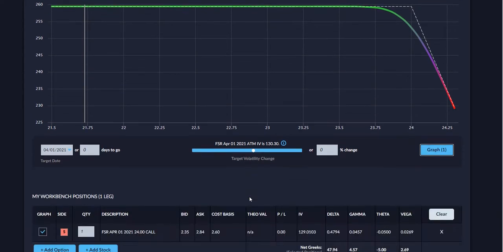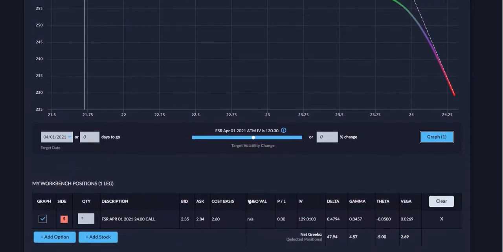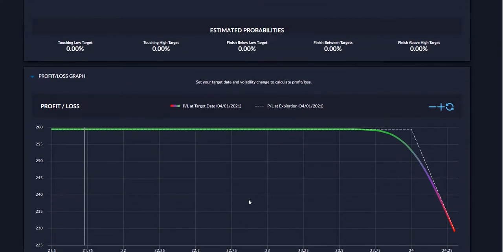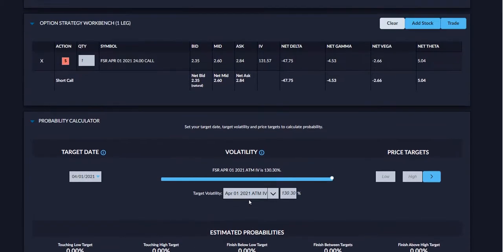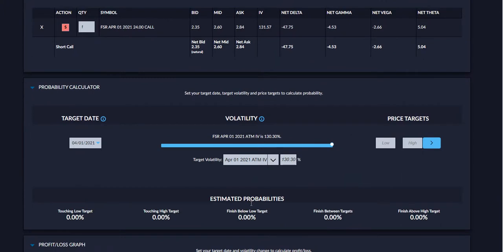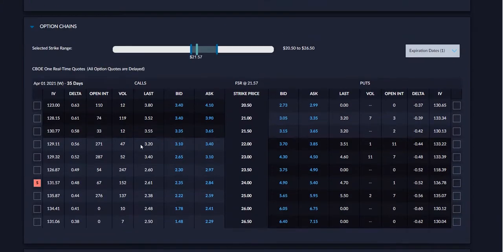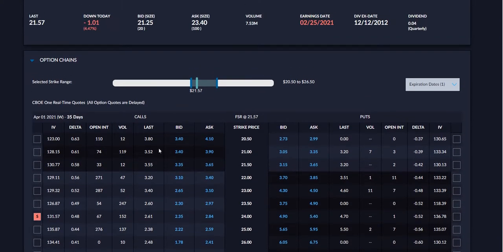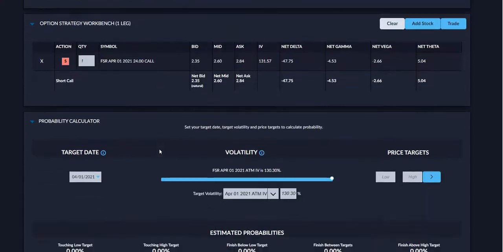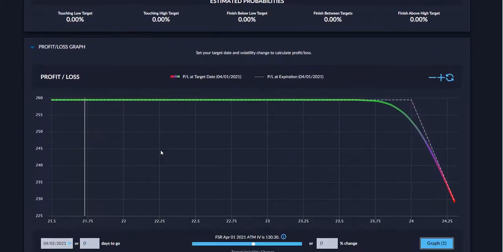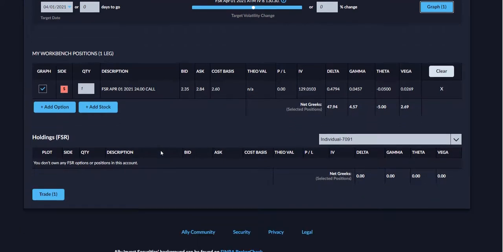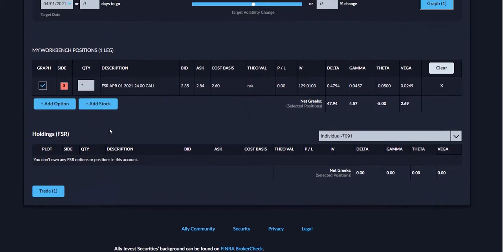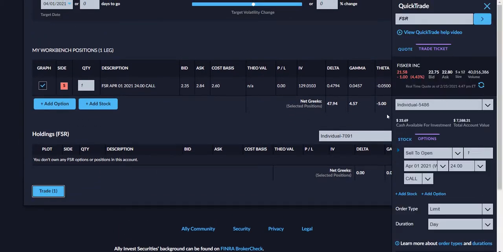So this is why I wanted to show you this one, because it gives you more information with the profit and loss graph and the profit probability calculator, versus just having the option chain in those other two areas. This gives you a lot more information to see if it's going to be a good way or a bad way for you. Once you have all that done, you will come down here to trade,